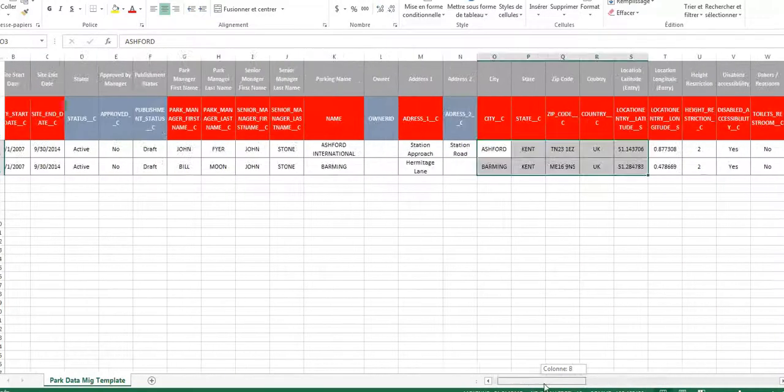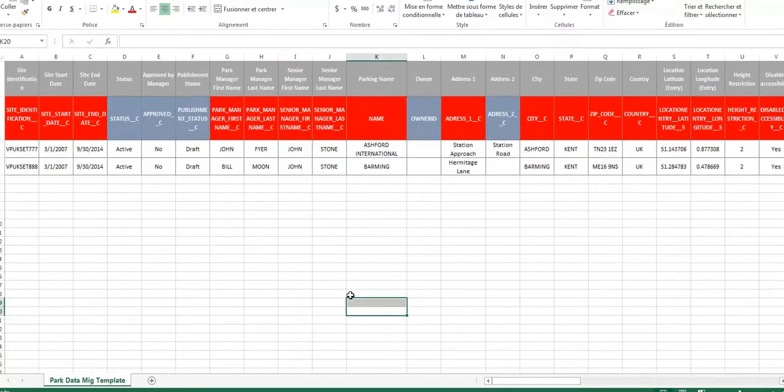Very important: this field, owner. Owner means who will be responsible for the park in Salesforce and who will see the park data in Salesforce. Here we have nothing, but we need a Salesforce ID. If we have nothing, Salesforce will automatically put yourself as the owner of the park.